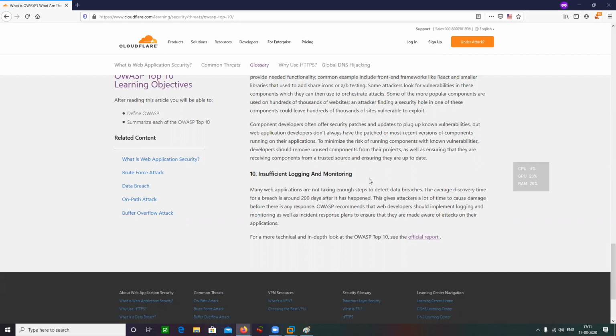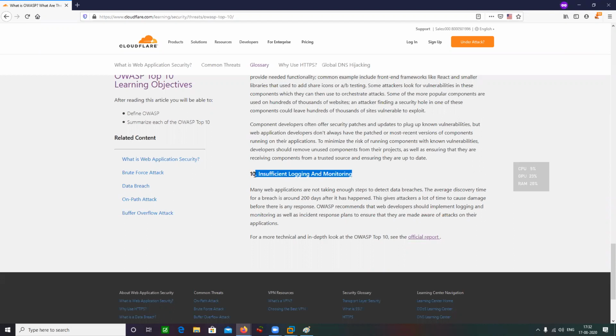So here I have a list, and in this list the vulnerability says insufficient logging and monitoring. So what do you understand by this term? Insufficient logging and monitoring.